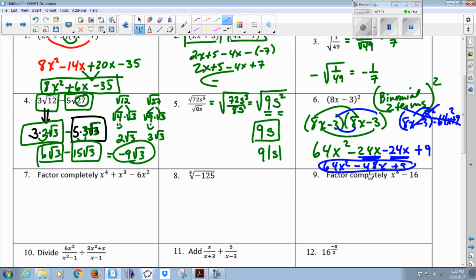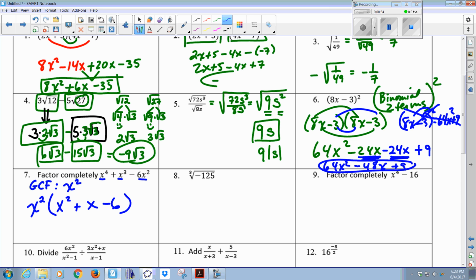Factor completely. I often fool around with my algebra students and say that when it comes to factoring, you should have GCF tattooed on your hand somewhere, because this is the first form of factoring, and it's often the one that people forget about. Without factoring out the greatest common factor, you could have a lot of difficulty, or it's impossible to factor this. So the GCF here is 2 factors of x, or x squared, which is common in each of these terms. So when you factor out the x squared, what you're left with is x squared plus x